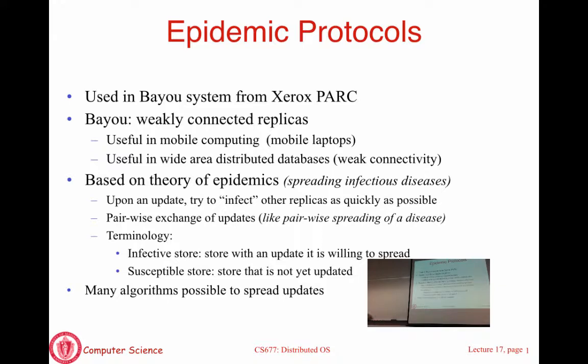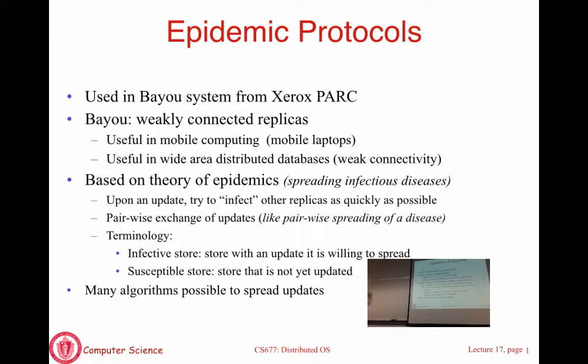The basic problem that they had was that these clients were what they call weakly connected. What does weakly connected mean? It means that clients are frequently going to disconnect from the network. They will not be always connected. Think of you have a laptop. You are now maybe in the department, or you connect to the Wi-Fi network. Then you decide to go home. You close the laptop. You take a bus home. While you are doing that, your laptop is disconnected from the network. It's not connected to any network. So during this period, if there's an update on one of the replicas, you cannot propagate it even if you wanted to, because the machine is not even on at that point in time.